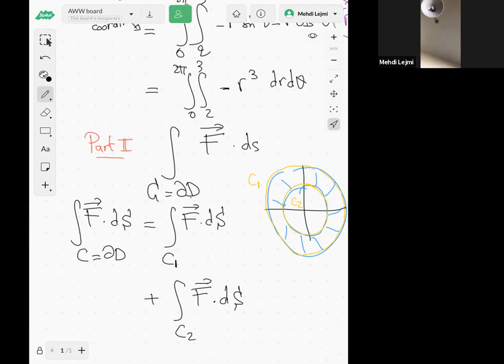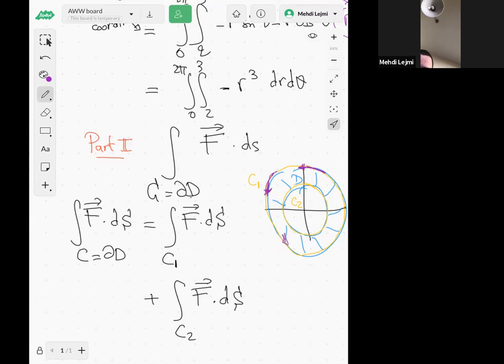Okay, guys, in Green's theorem, you have to remember there's an orientation required. The thing is, your region D, this is my D here, D must be on the left as one traverses the curve or the boundary. So for C1, the orientation for C1 would be this one here,